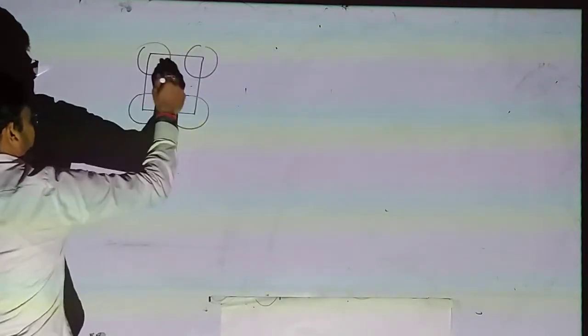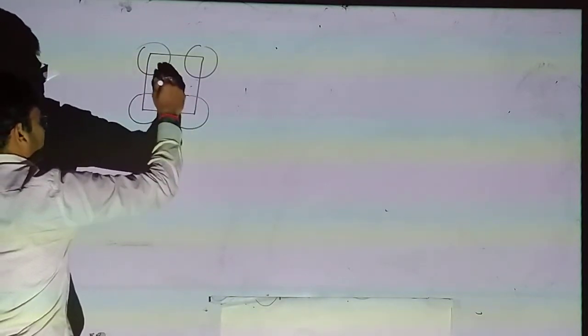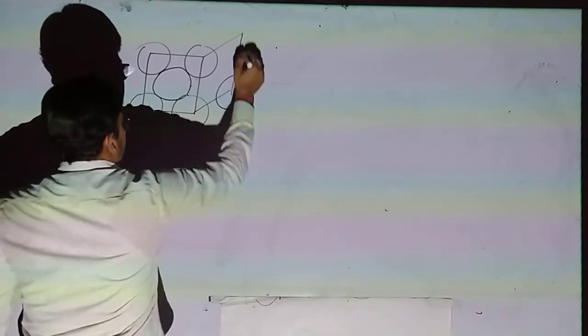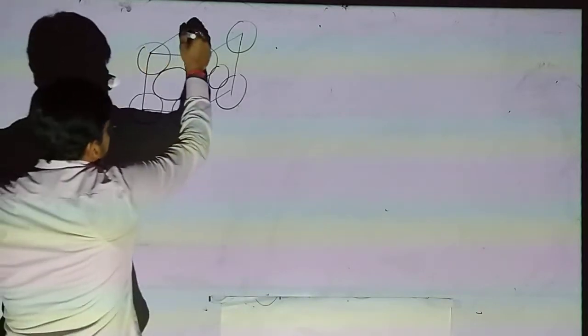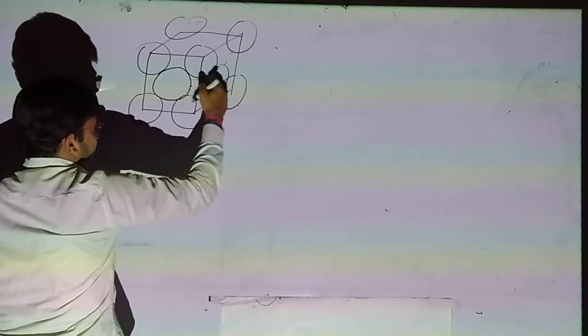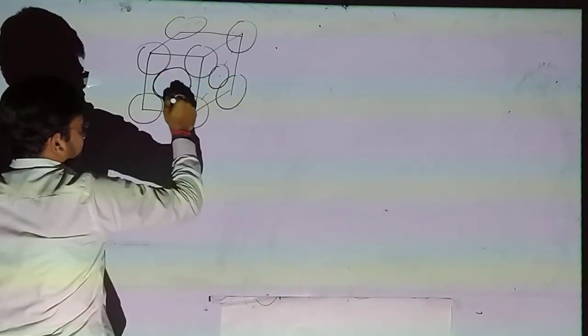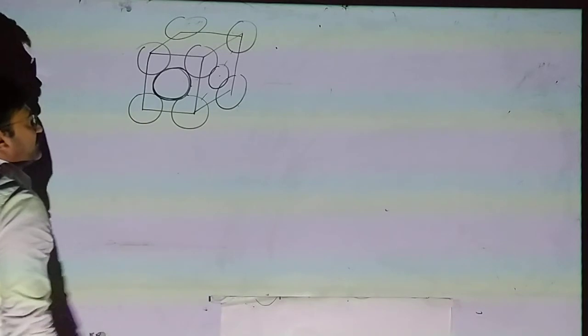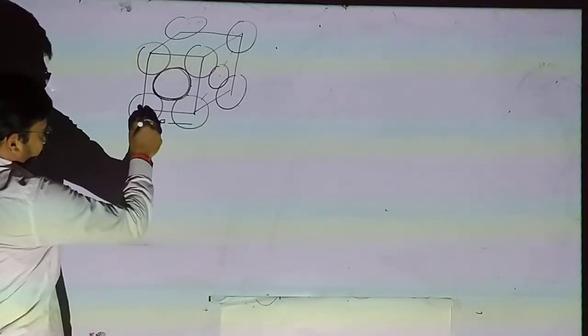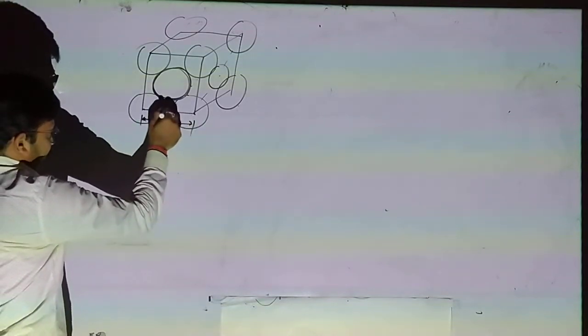4 spheres at the corners, and 1 sphere at the center of the plane. Front view. Here is a side view. It's not proper, you can see. Why? Actually this one touches all 4 spheres of the same plane. But remember, these 2 spheres at the corners are not touching each other at the edges.